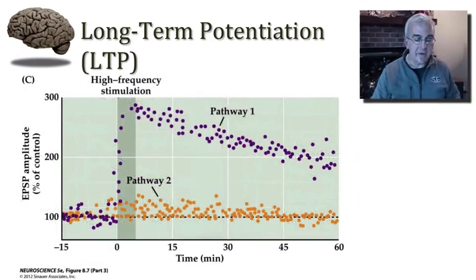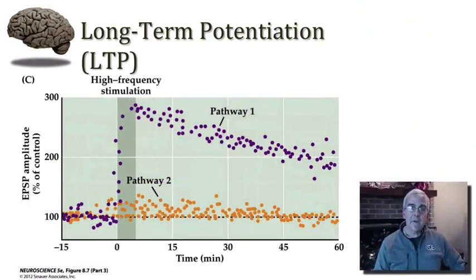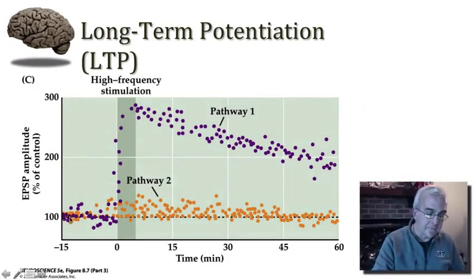Here's another way to look at these data. Plotted here are the responses in these two pathways to the single test shock applied about every 30 seconds or so for about 15 minutes before the tetanus to about an hour afterwards. And what we see in pathway 1 is about a 2 to 3-fold increase in the amplitude of the EPSP